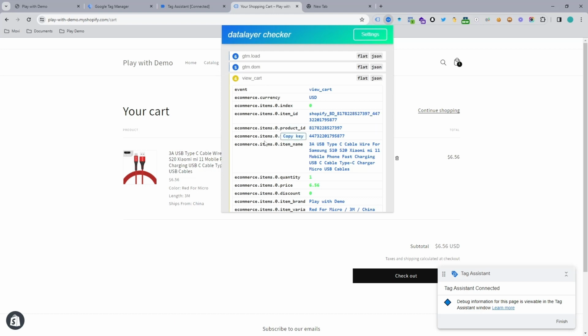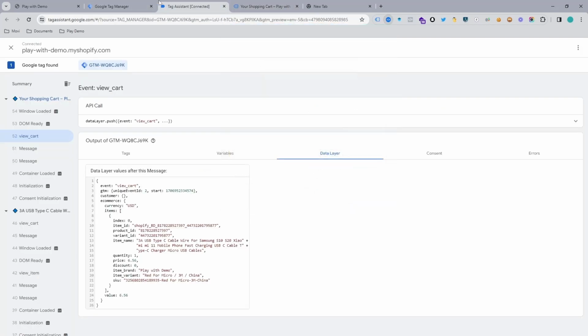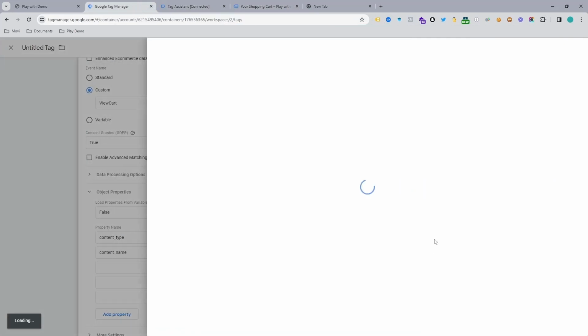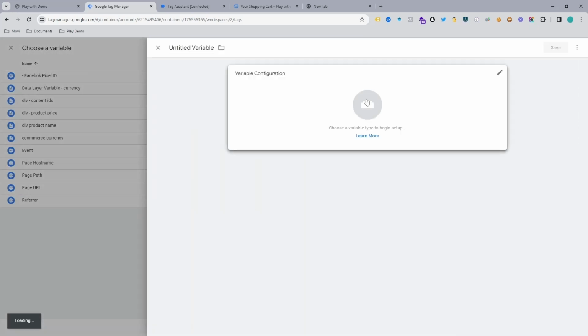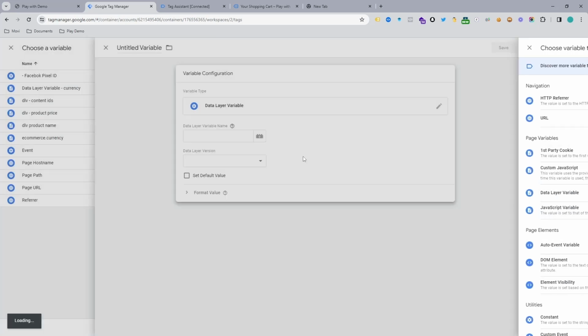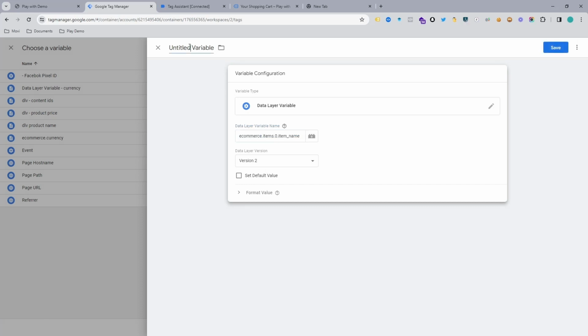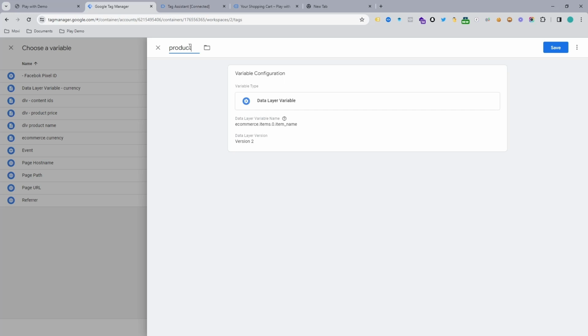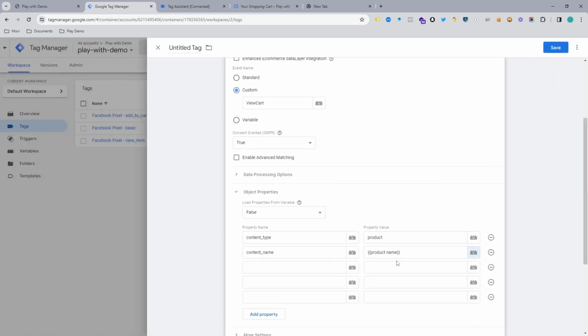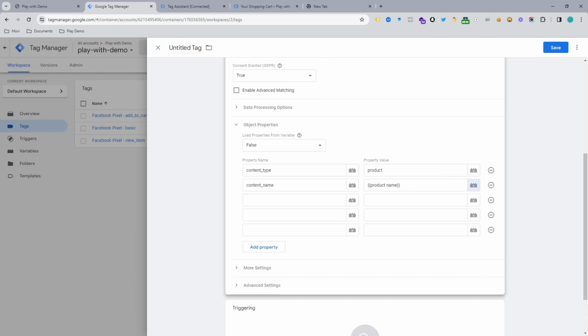And you can see the view item name is here. Just copy this name and make a data layer variable. Just hit the plus and hit the plus again and make a data layer variable. Okay, and input the code here. You can give it a name like product name, something like that, and then it will be ready. Okay, so you can see it's configured, and we need to make another few variables, which are content IDs, content value, and we need to